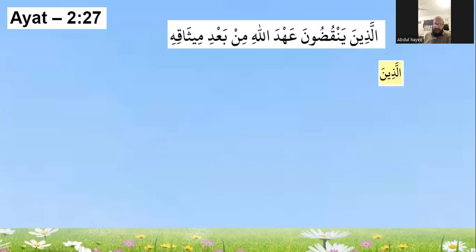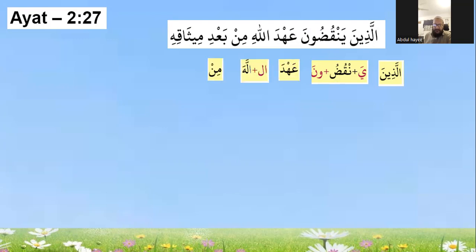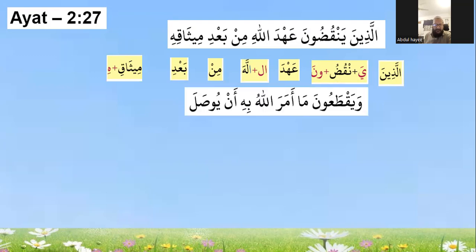The ya is the sign of mudare, and wa nun is the plural sign, so it is nakada, meaning moon. The ahd is a single word, abda is a single word, mean is a single word, bad is a single word, misaki is two words, misak and pil. Why is a single? Yaktauna.